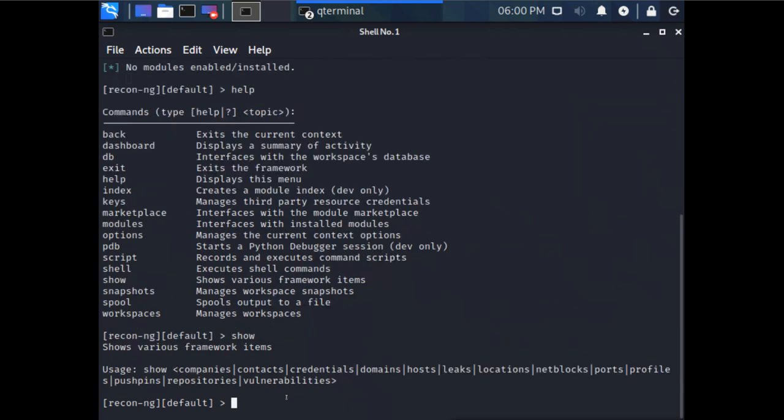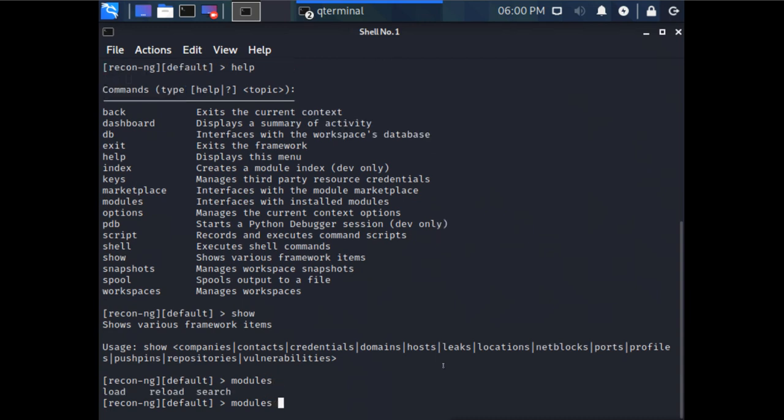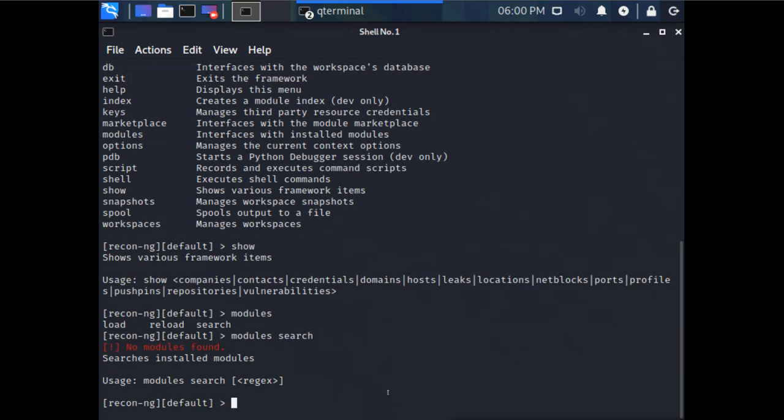I can see profiles or vulnerabilities, but right now I will just check the modules. Do I have any modules? I can search for a module, reload, or load modules. If I search, I don't have any modules. There are no modules found.